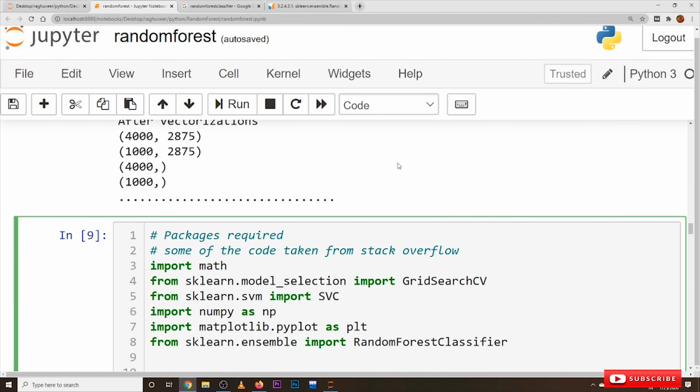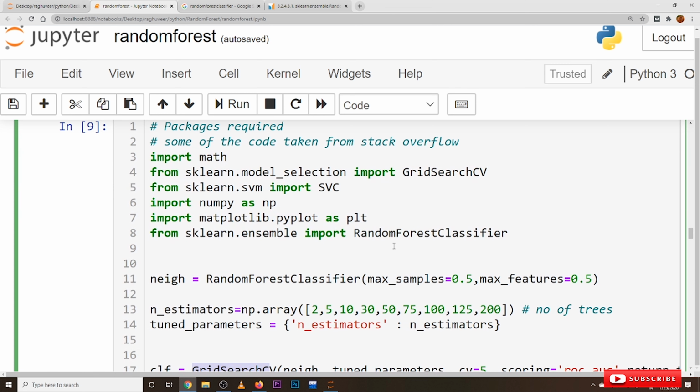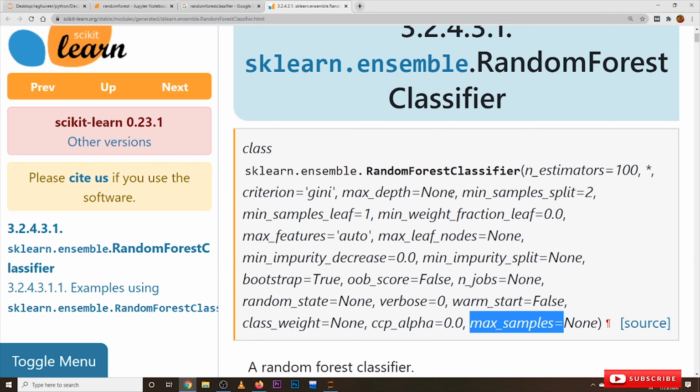After converting into bag of words, coming to the implementation, we use the random forest classifier from sklearn.ensemble. Just take a look at the random forest classifier class. In this we have n_estimators equal to 100. This shows how many decision trees we have to construct. n_estimators is the hyperparameter for random forest.